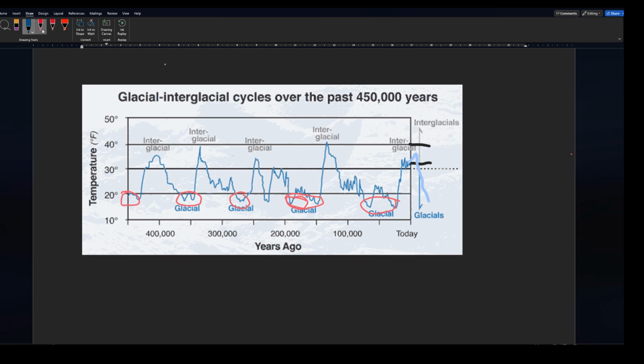The problem is we are contributing to higher temperatures on Earth, and so what they think is going to happen, now they're not entirely sure, we don't really know for sure, but we think we're going to go into what they have deemed a super interglacial period. Right now we're in an interglacial period. That just means the ice is melting. Ours right now is called the Holocene interglacial.